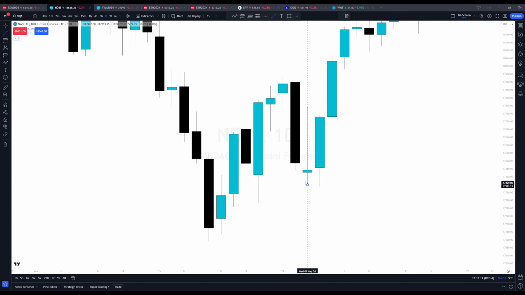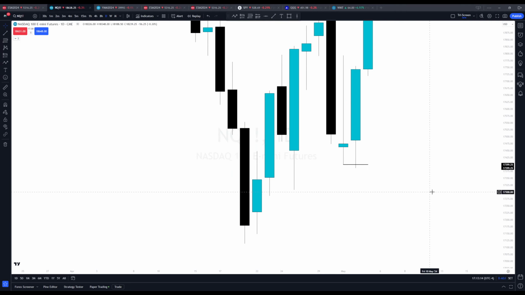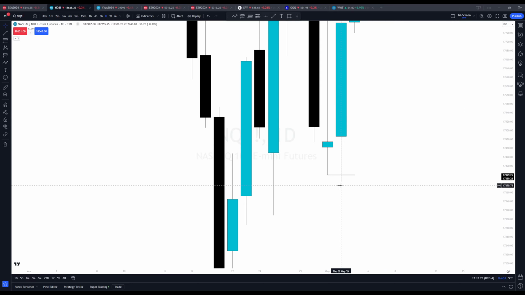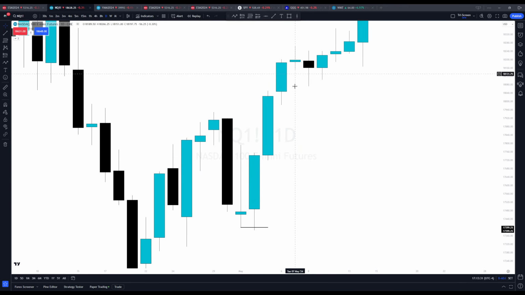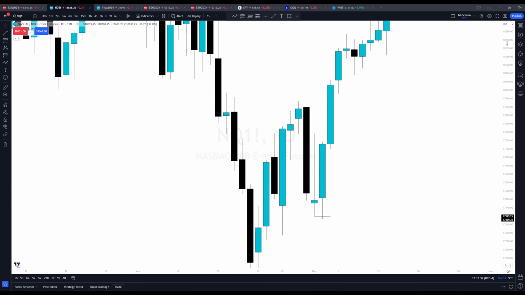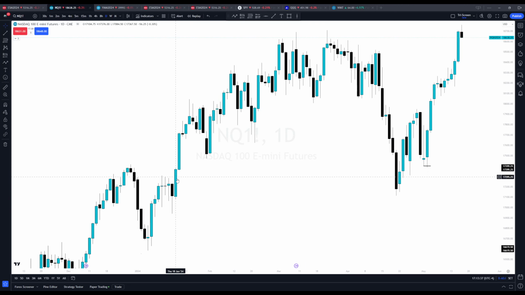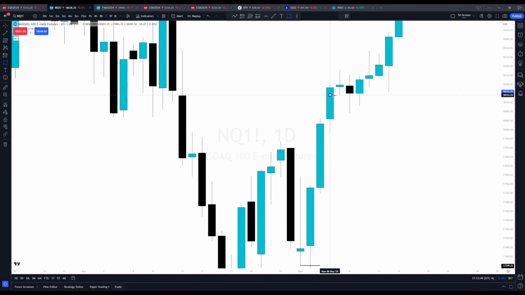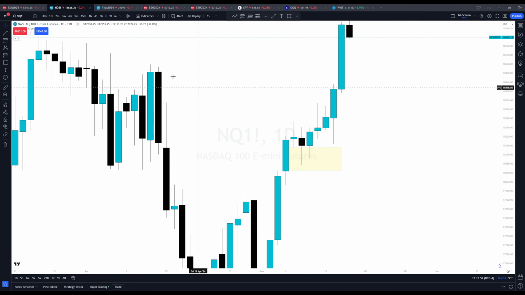Look here. Anybody that longed this in this daily candle, their stops, I'm talking big money, their stops go here. Look what happens. Market sweeps down, stop run on the previous day low, and then right back up. Then obviously we start getting fair value gaps back up, and all this started off of the daily FVG down here. These daily FVGs and swing highs and swing lows will give you a daily bias every single day. So you see here we dig down into this one. This is what sent us up.